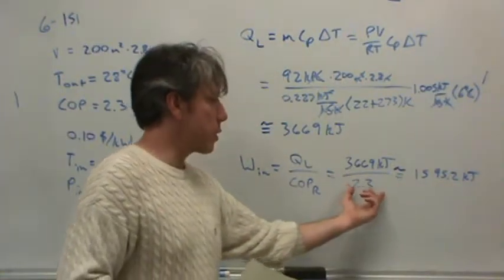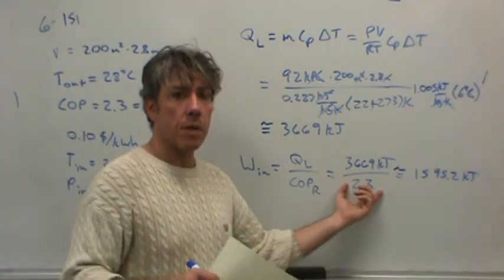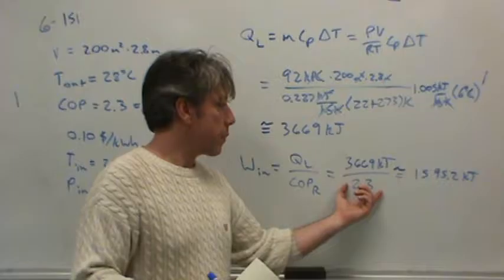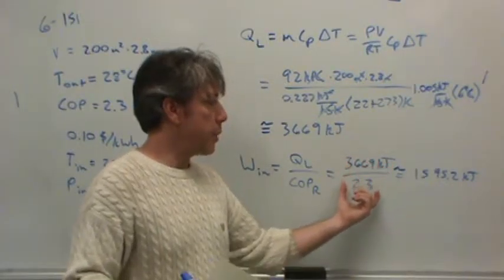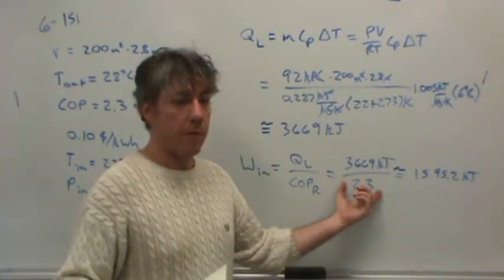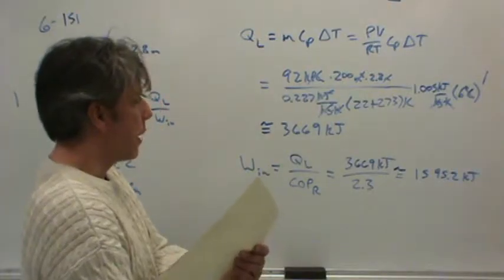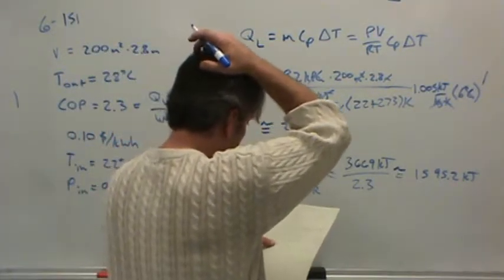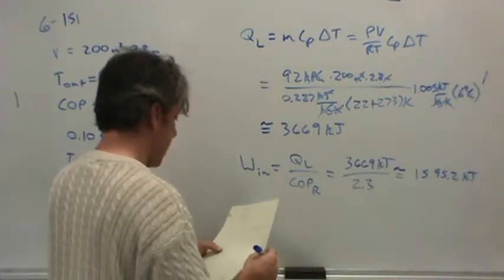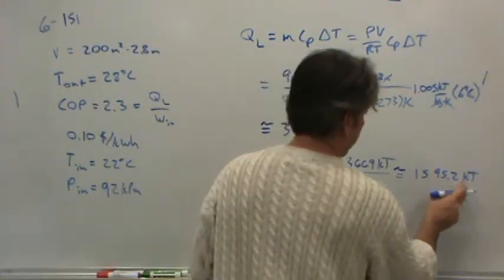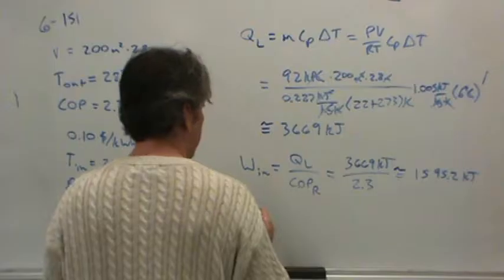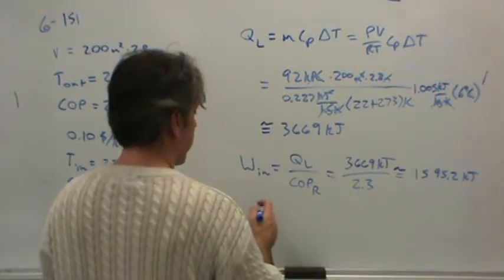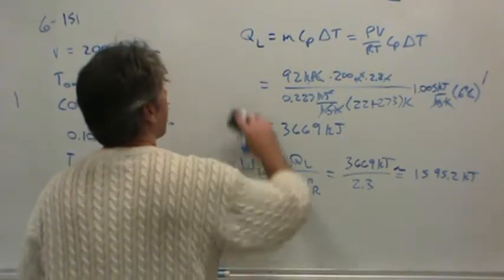Okay, you can also look at this coefficient of performance as converting thermal energy that has to be pumped out to electrical energy that we have to pay for. So anyway, there's a conversion factor. Now, a kilowatt hour is 3,600 kilojoules, so we'd rather see this in kilowatt hours. So let's just multiply, let's see, I'm out of space over there. Let's multiply